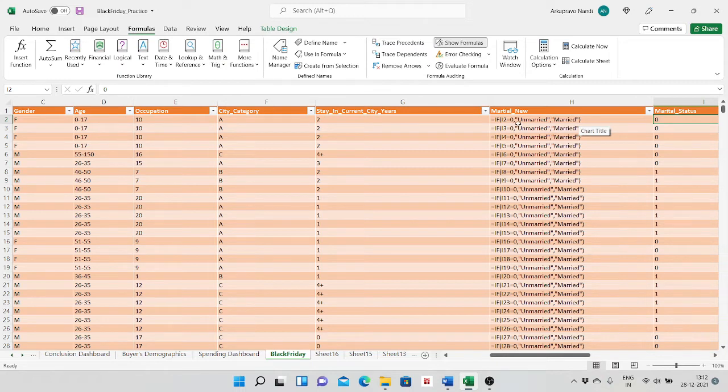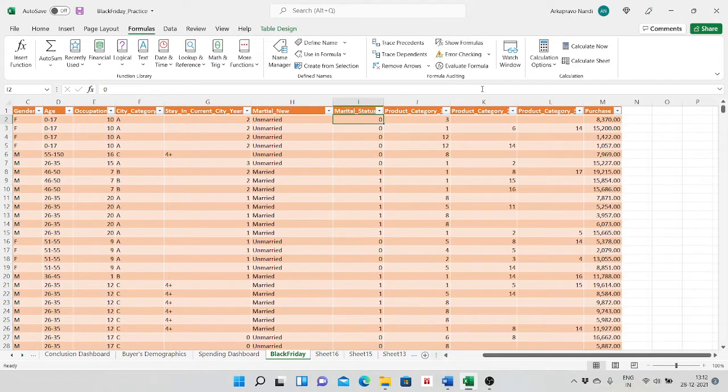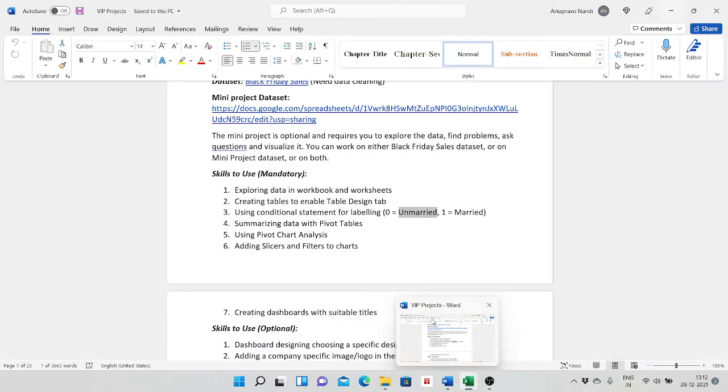Similarly, for each and every value in the column I have mentioned this condition, and all the values in this column get updated. For that reason I created a new column, Marital status, where this if-then-else condition is applied. This covers my third objective.